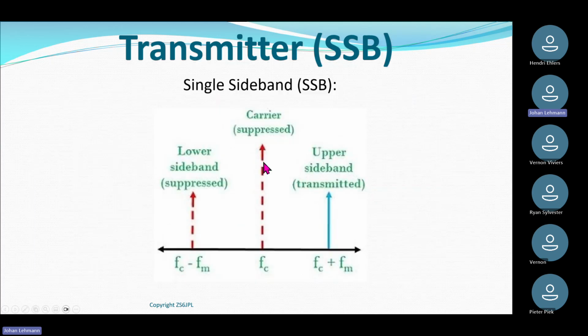So I'm just putting this one back up again. As you can see, this I need to get rid of with filters so that only this part reaches the antenna or the amplifier. It can either be this one or it can be that one. Sometimes we would pass the lower sideband and we filter out the carrier and the upper sideband, and sometimes it's the inverse where we keep the upper and we filter out the lower sideband.